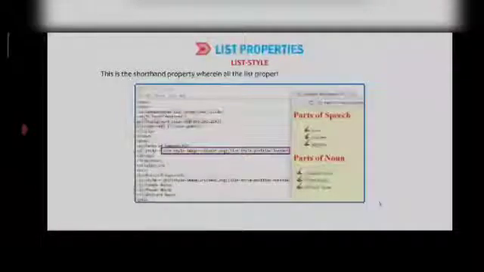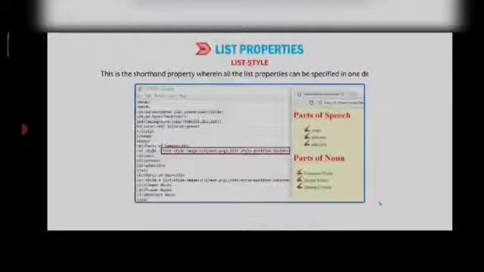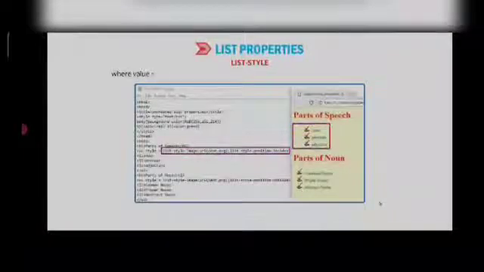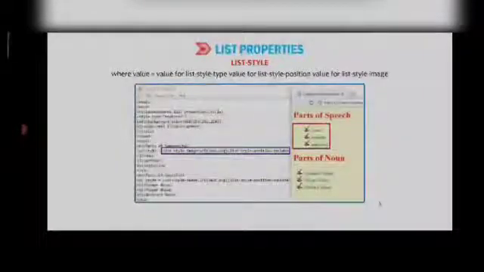Syntax: list-style-position: value, where value equals inside or outside. List-style: this is the shorthand property wherein all the list properties can be specified in one declaration. Syntax: list-style: value, where value equals the value for list-style-type, list-style-position, and list-style-image.